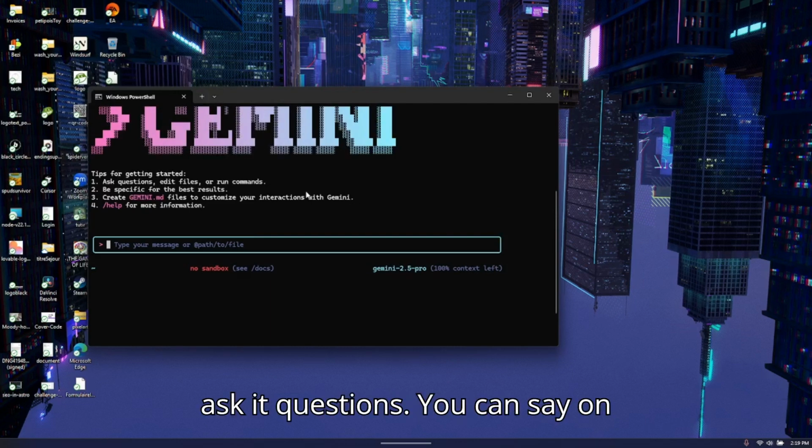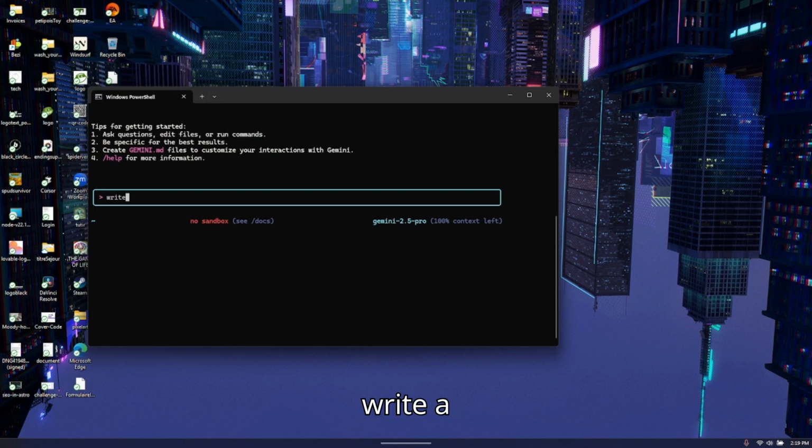You could say, write a readme file that covers the basics of setting up Gemini CLI on Windows using npm,